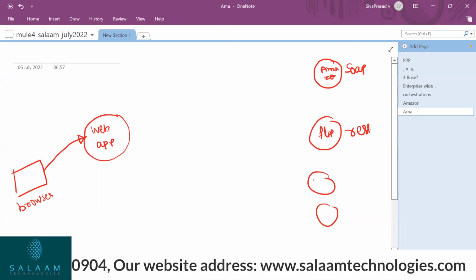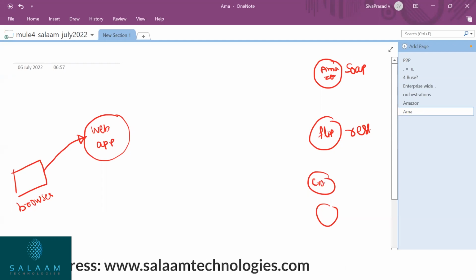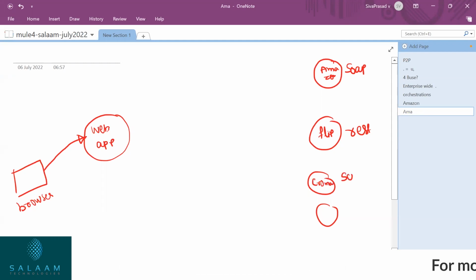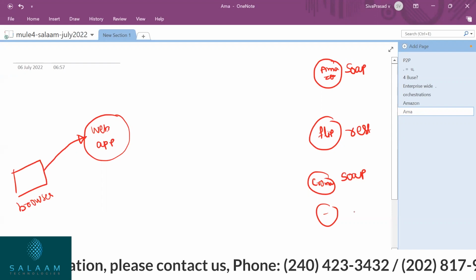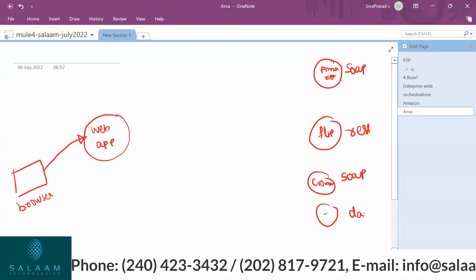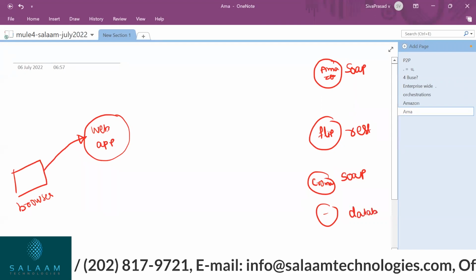And maybe some other company like Chroma is exposing, let's say, so. And maybe some other thing is exposing using a database. They're giving database access. For example,